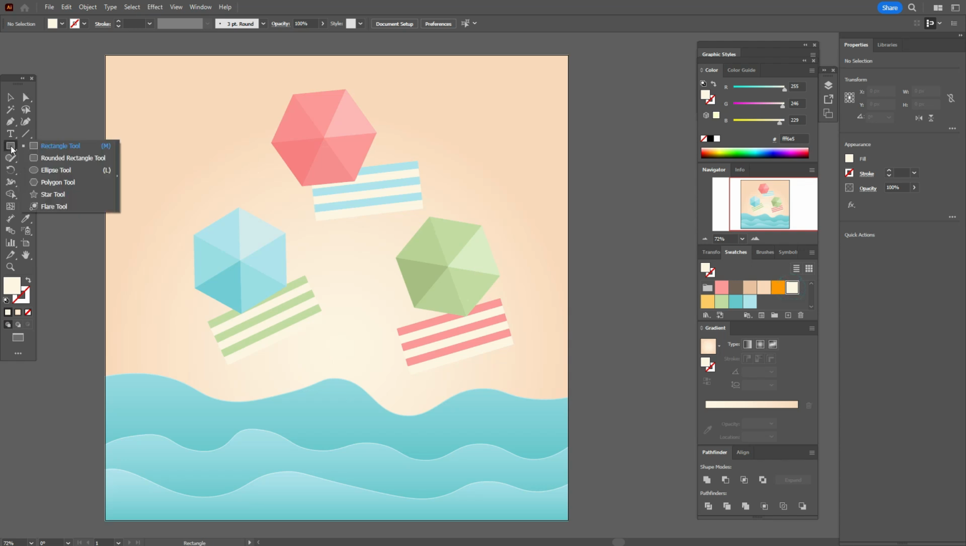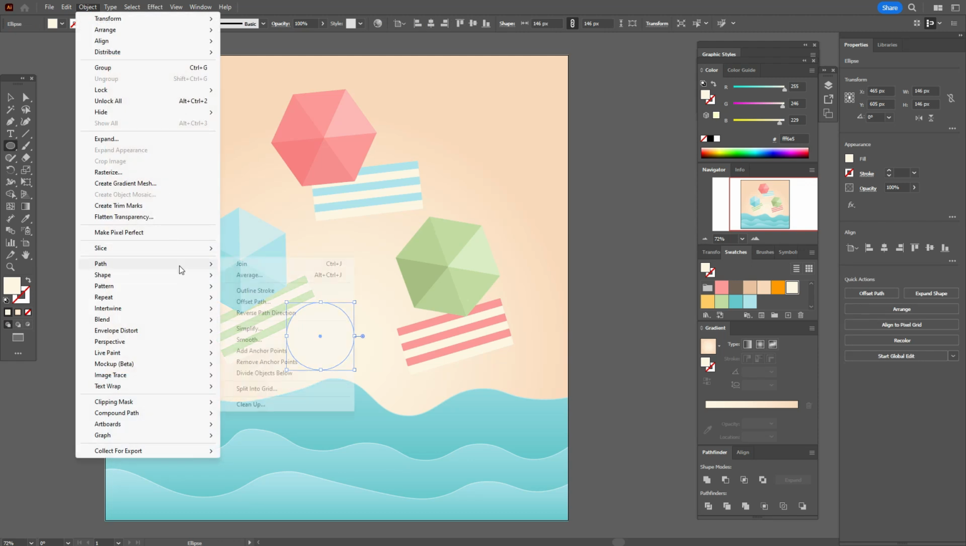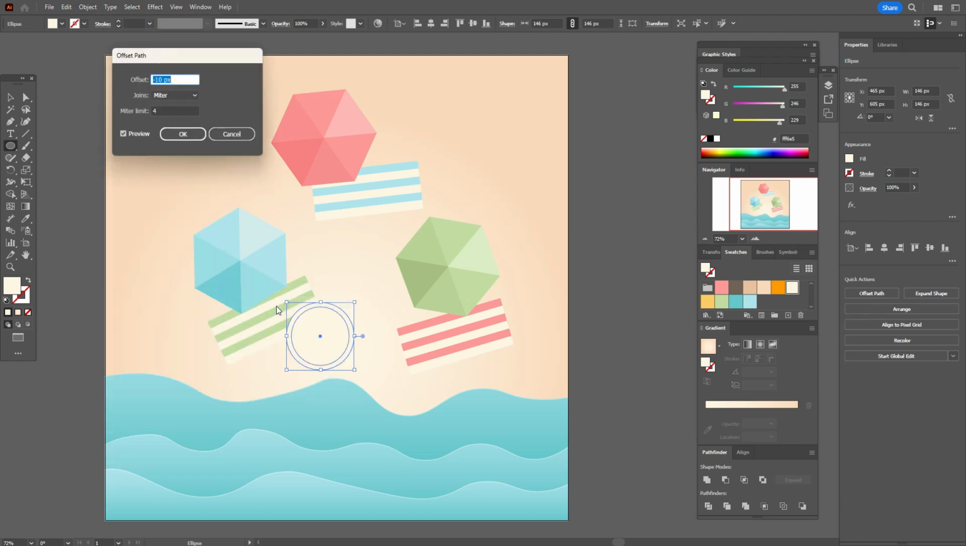Now let's take that color and ellipse tool, create ellipse. Now go to object, path, offset path, minus 30 or minus 40 as you like. Let it be better 40. Okay,